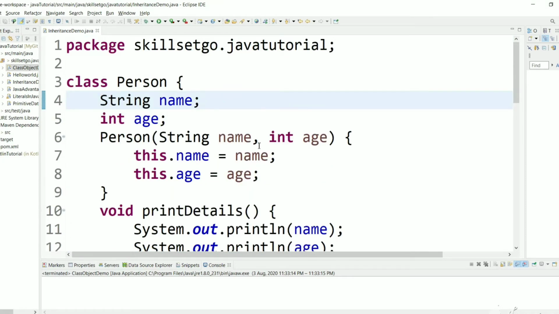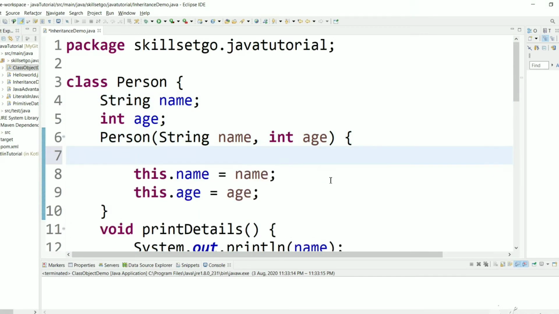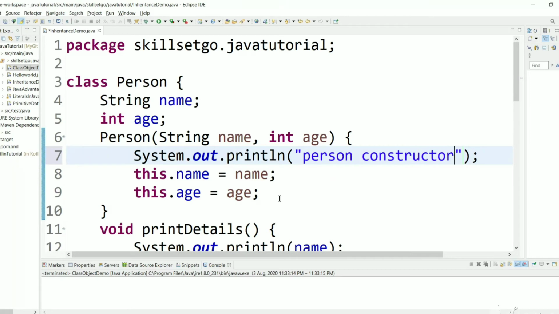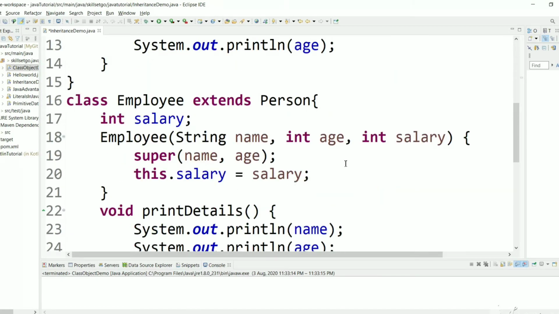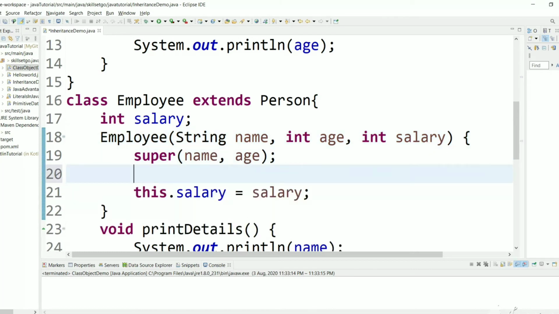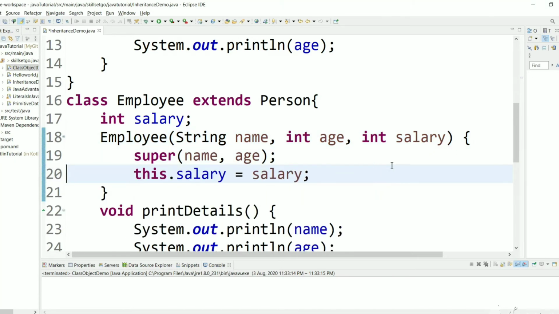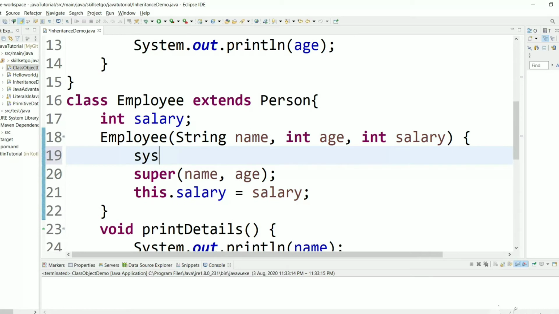Let's print and see the results. Let's print some output here: Person constructor, and we can also print Employee constructor.